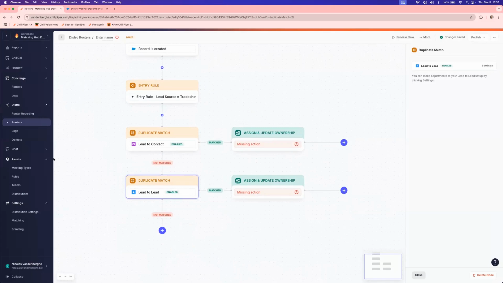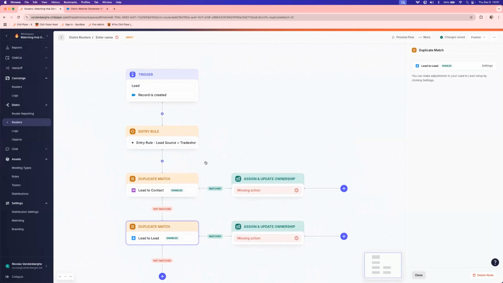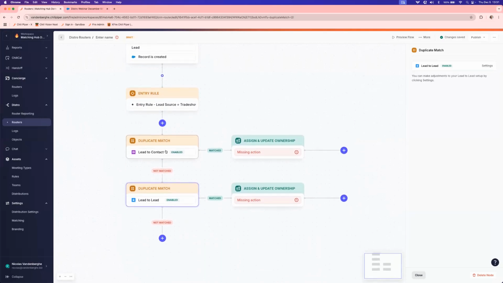arrive as a new lead in your Salesforce environment, but they already exist, maybe with a different email address, maybe working for a different company, but they're all the same. Like the first name, last name are exactly the same, so we consider them as duplicates in a way. So what we can do here is, by adding the duplicate match node,